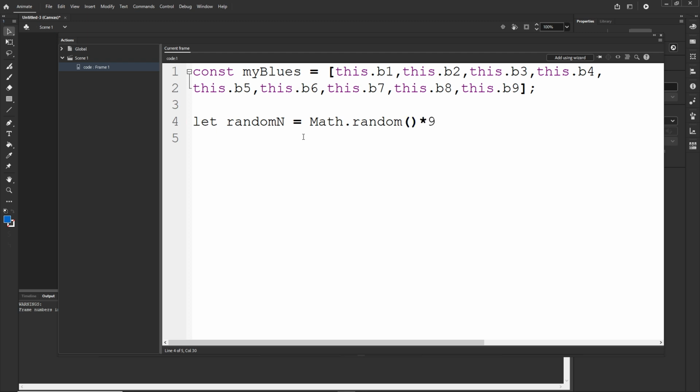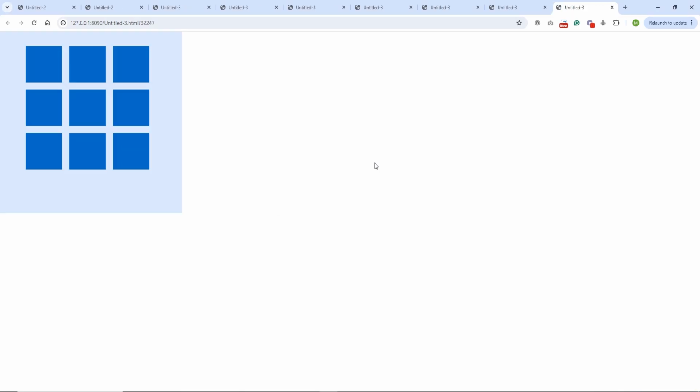But before that, I need to explain this a little bit because maybe some of you don't know. So Math.random, the M needs to be capital. This is how you get a random number. I can console.log random n like so,